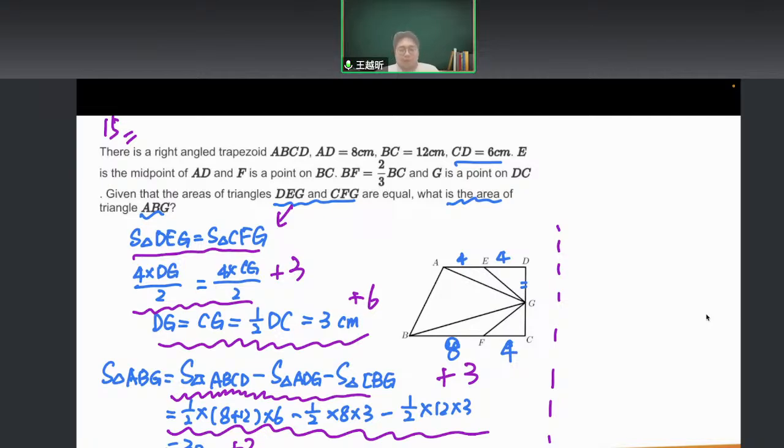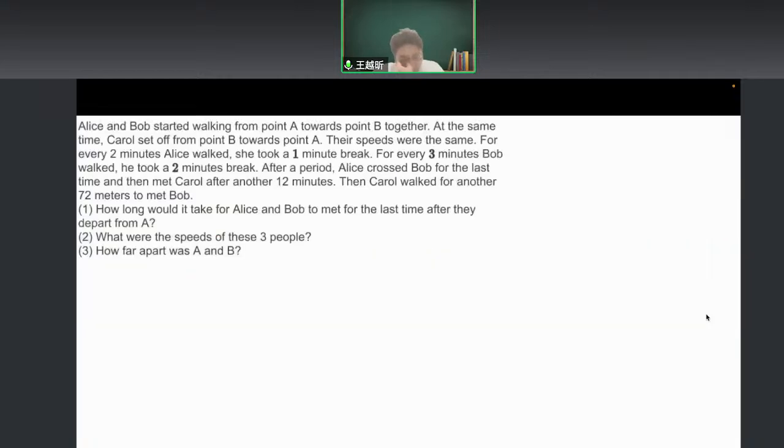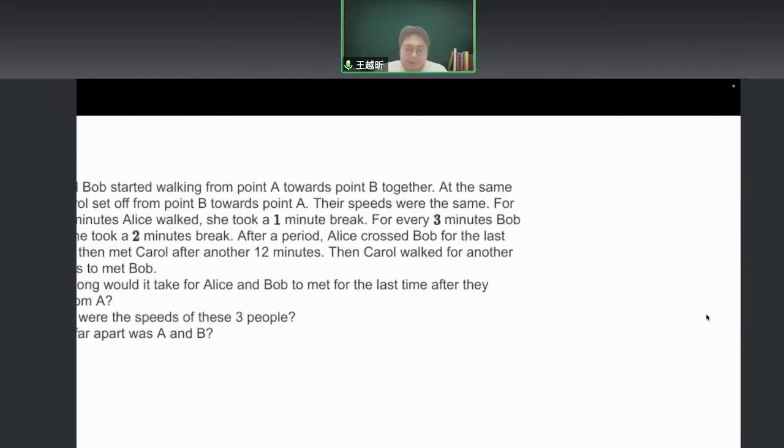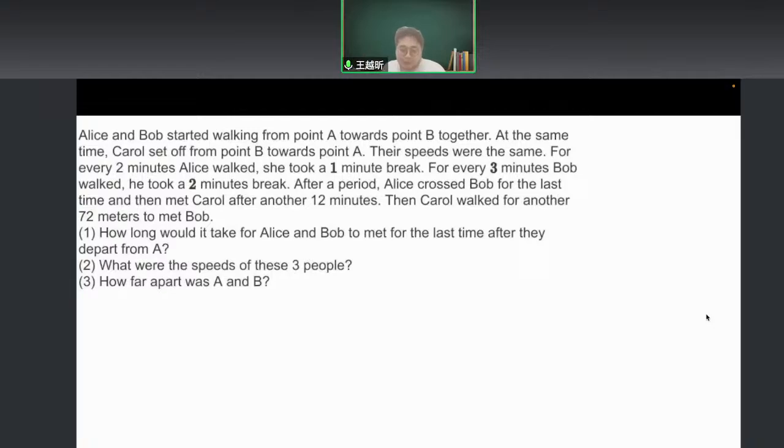So also, let's look at this one. I think most of you guys have already read this question. Yeah. So actually, you read it again. I will show you 2 methods to do it. So the first method, we know Carol and Alice and Bob, so they will have a break in the integer minutes. So if both of Alice and Bob run 2 times 3 equals to 6 minutes distance,